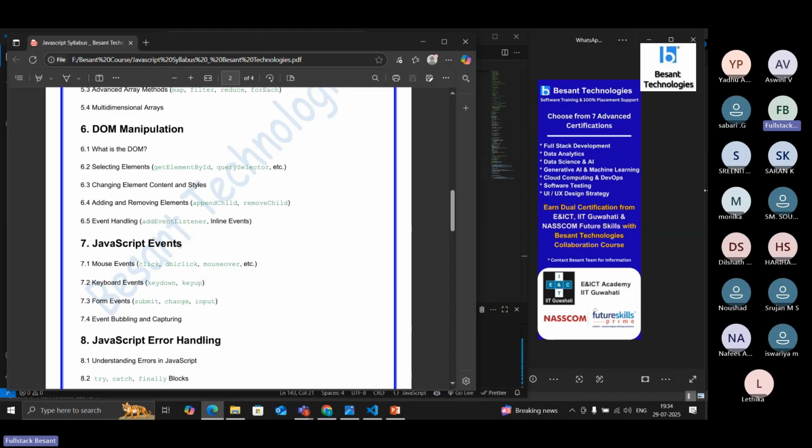Okay. So what is DOM? DOM basically refers to the Document Object Model, a programming interface for HTML and XML documents. It represents the page structure as a tree of objects where each node is an element, attribute, or piece of text. So these are the things that are called the DOM. What is DOM? Okay, so the description. The example of this one is